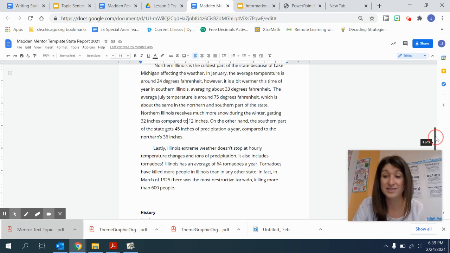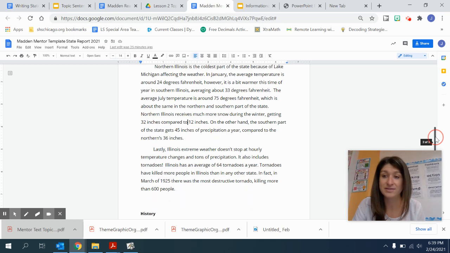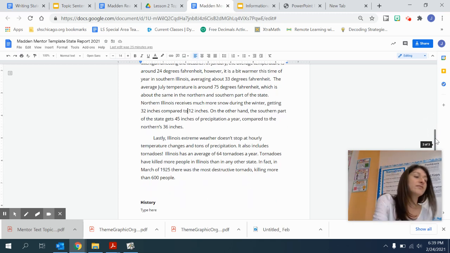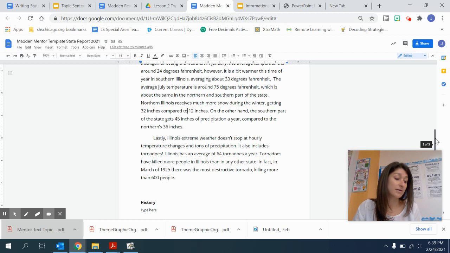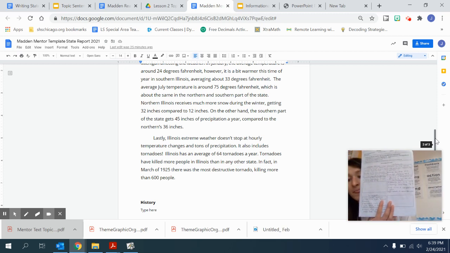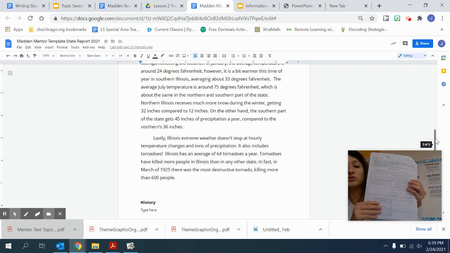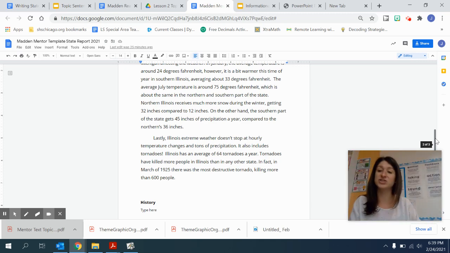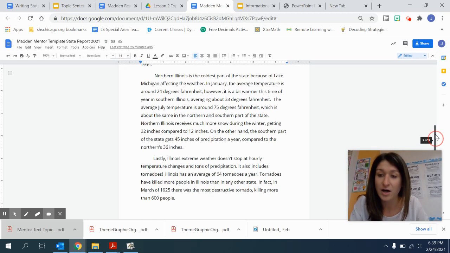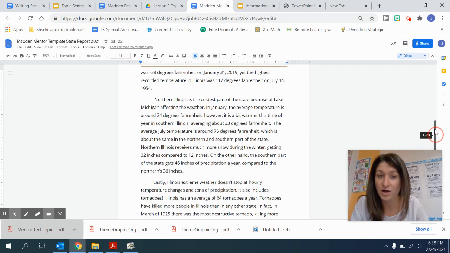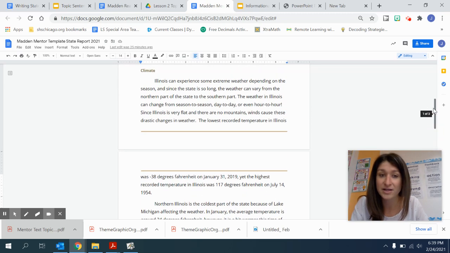So today, your focus is to organize your information, making sure you have a topic sentence and supporting details, as well as making sure that you're organizing your information into paragraphs that will fit together. This is a bit of a challenging skill, so you'll have a couple days to work on this, and make sure that you come back to my example to help you.